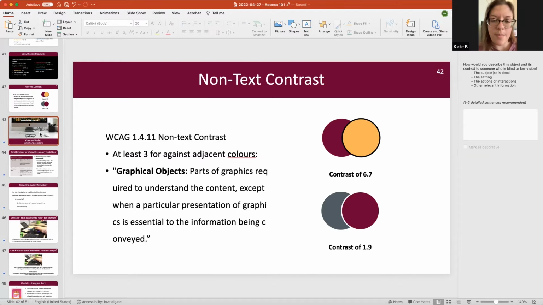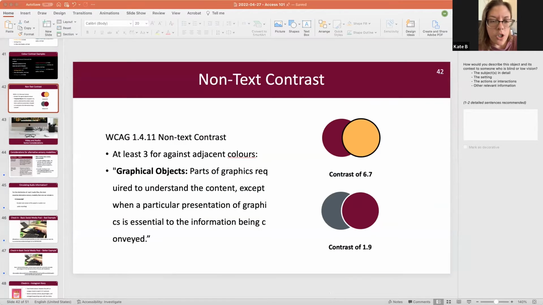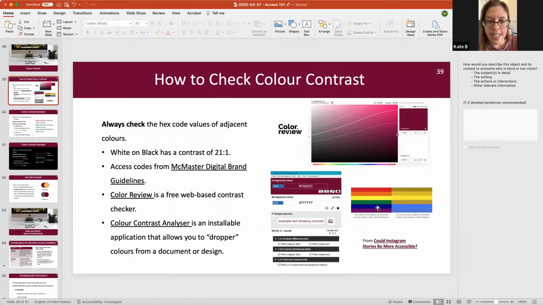Jess, Whitney asked in the chat, how can you tell that the colors are not contrasted? I think Whitney, in the previous slide, just above Jess's examples, she's pointed to 2 free tools. The one is color review and the one is the color contrast analyzer.